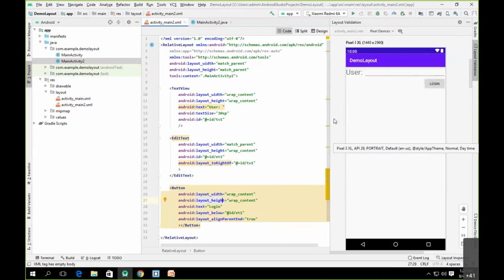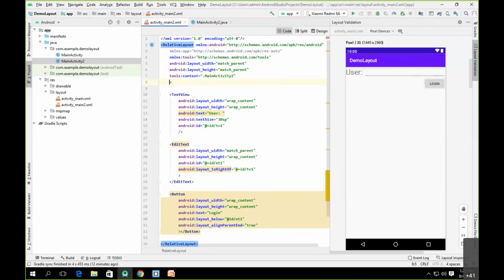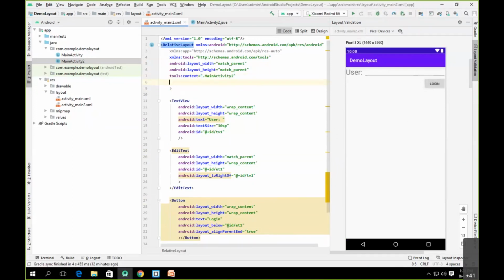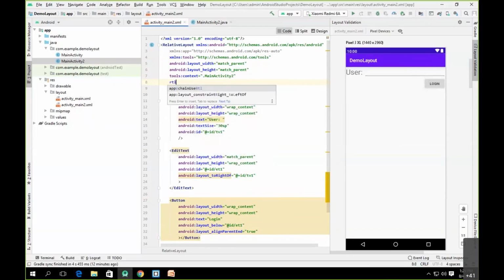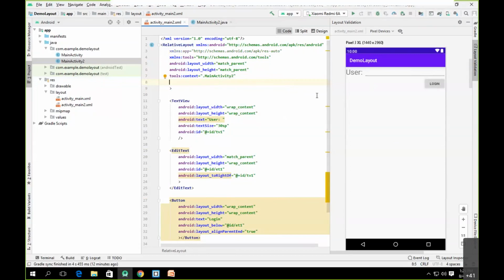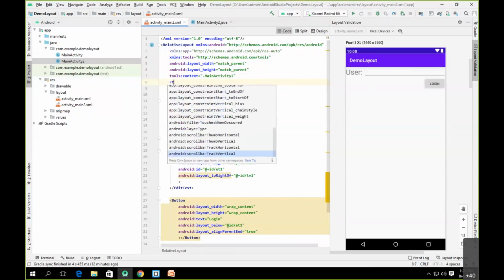Okay, now let me show you one interesting thing here. What we consider it as a RTL. Okay, so if I say this as a RTL, this will be aligned to the left. I think it's not using currently.